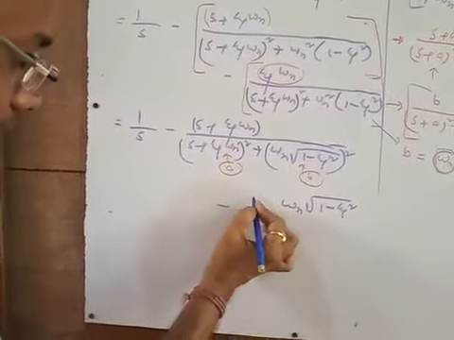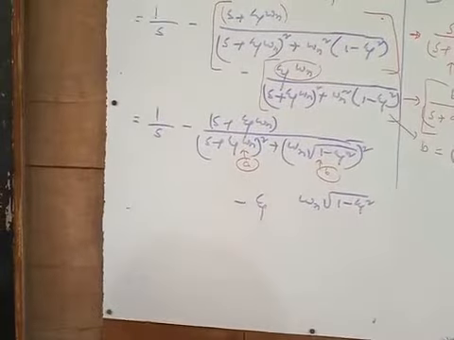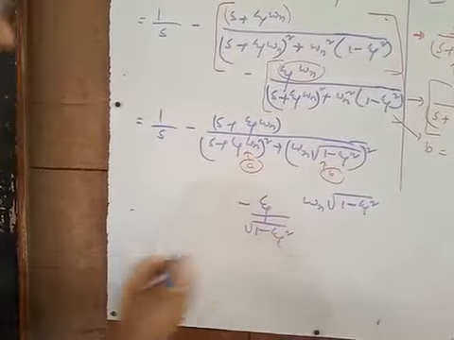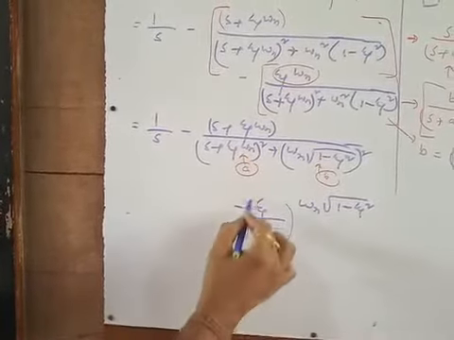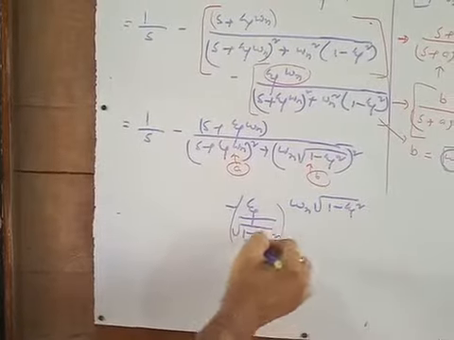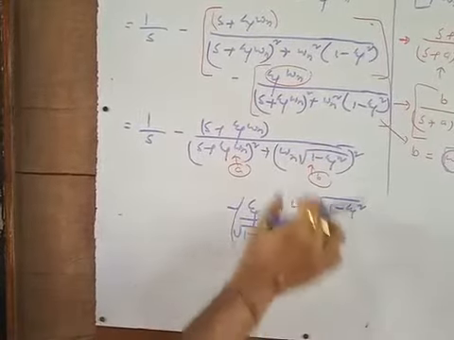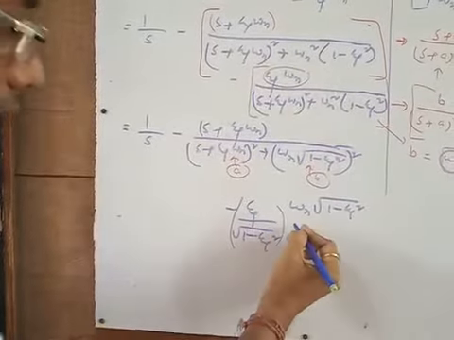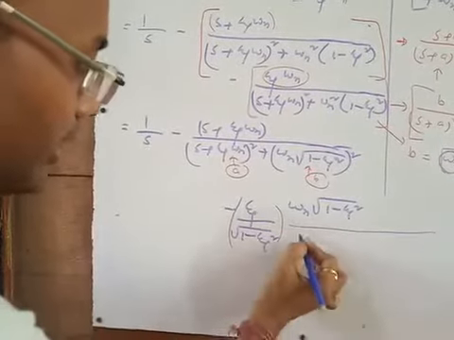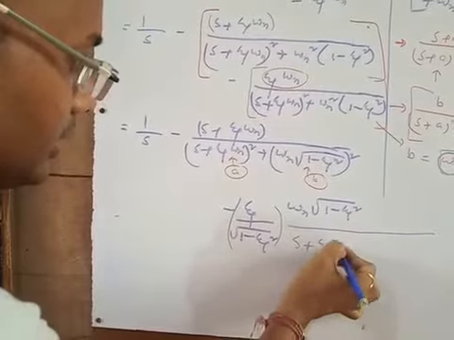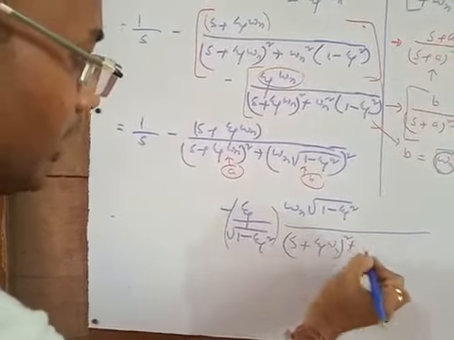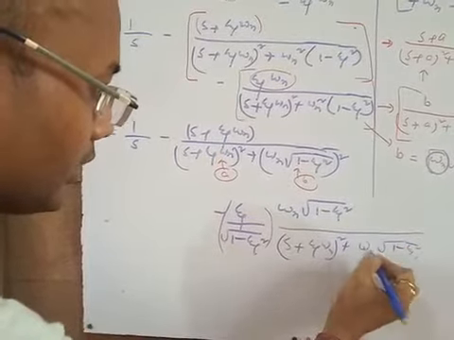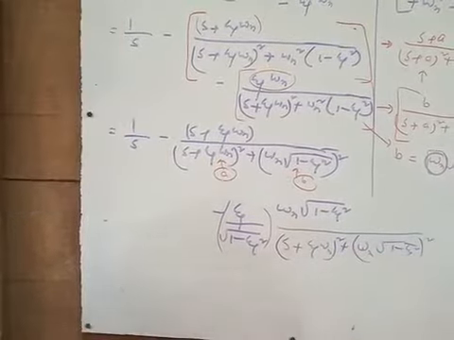similarly there is a xi. So you can write like this. So what you are getting? Xi into omega n, this will be cancelled out. So in the numerator you will be having xi into omega n. So this can be written like this, and the rest of the thing is similar. That means s plus xi omega n whole square plus omega n root over 1 minus xi square whole square, right?